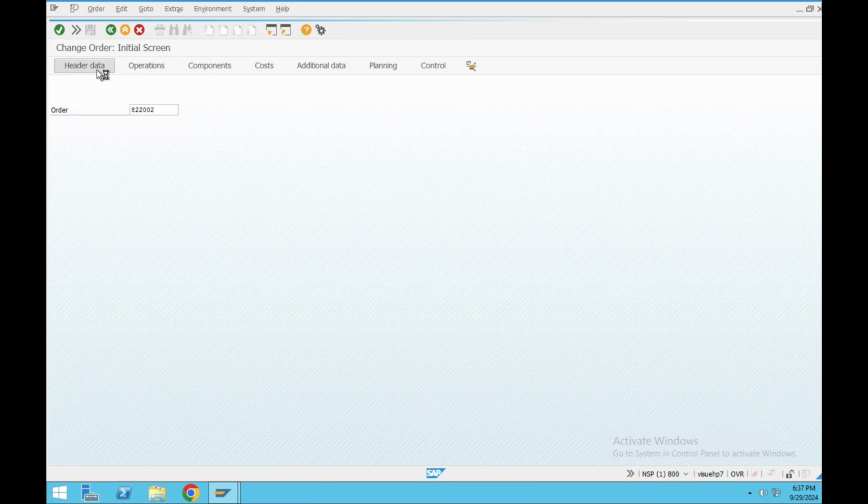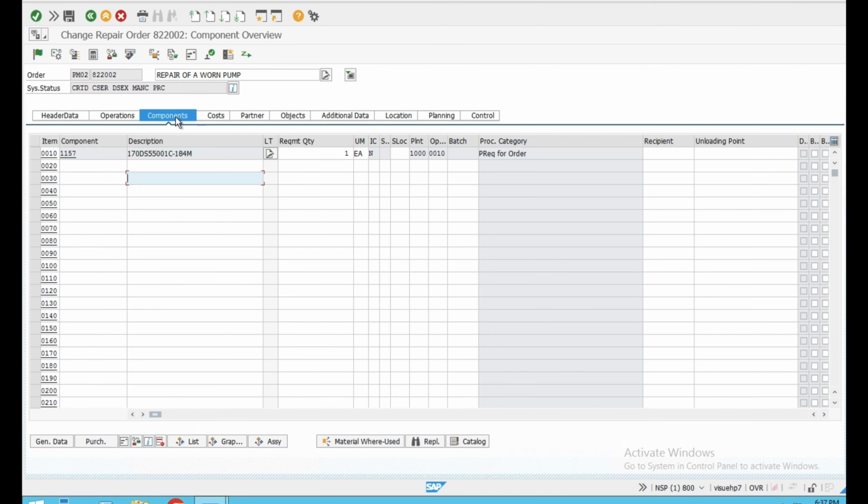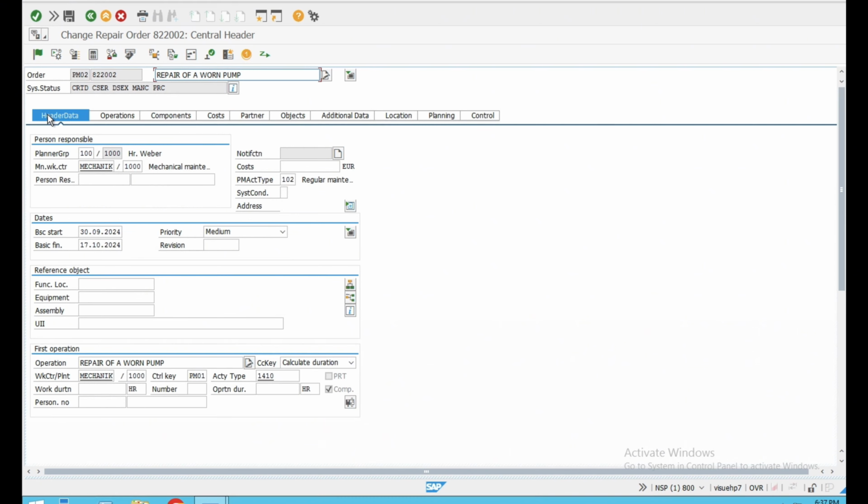So I'm going to navigate and let's see. You would have to make sure that there is no component that is on reservation. After you have deleted your purchase requisition, you would come here and then you delete the materials that you have placed for reservation. So when all of these have been done, then you can now technically complete